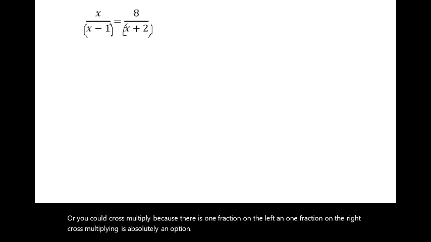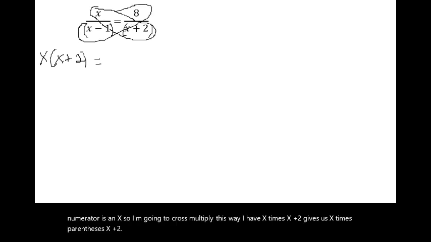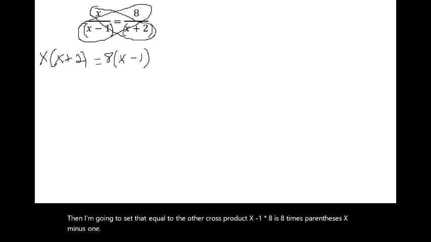Just keep in mind that this numerator is an x. So I'm going to cross multiply this way. I have x times x plus 2 gives us x times parentheses x plus 2. Then I'm going to set that equal to the other cross product. x minus 1 times 8 is 8 times parentheses x minus 1. Then I'm going to